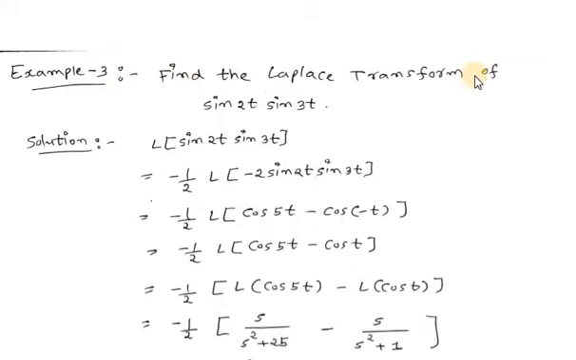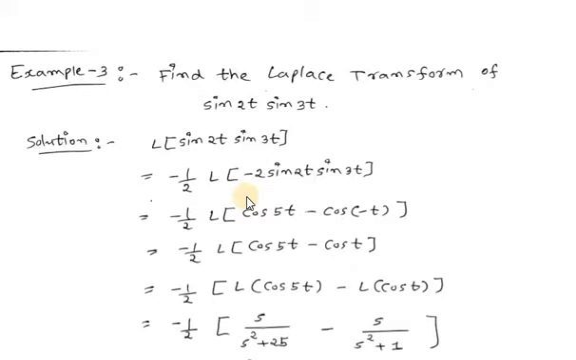We have to find out the Laplace transform of sin 2t into sin 3t. Now you can see that this is not in a standard form. So first of all we have to convert it into the standard form. So Laplace of sin 2t into sin 3t. What we have done over here, we have multiplied these two sine functions by minus 2 and divided